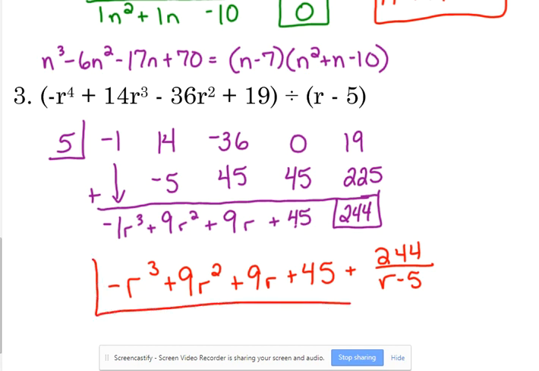Now, we didn't have a negative remainder, but it is possible to have a negative remainder. If your remainder is negative, then this plus right here before it is just a minus. That's the only difference there. Okay? I didn't do anything wrong with my numbers, did I? You're right? Okay. It just freaks me out when there is that big of a remainder. It is possible, but it's just a little